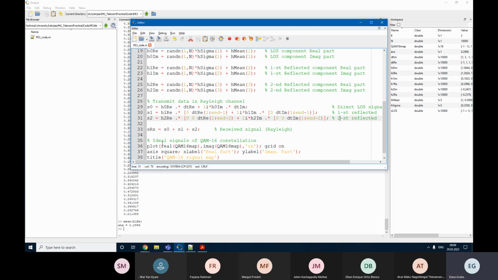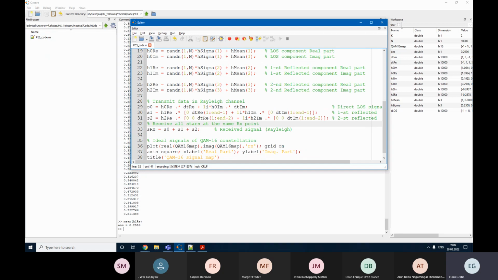Now we have this signal generated. Received all at the same receiving point. Basically all these 3 signals arrive at our antenna and add up together, and that's exactly what we are going to see